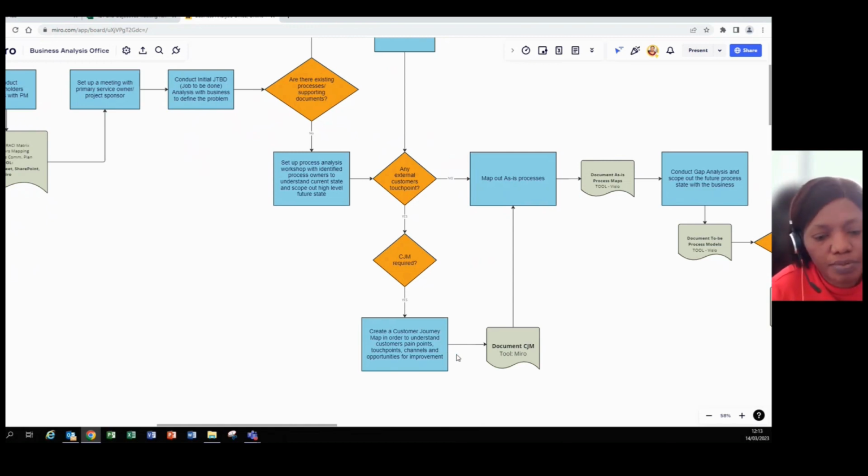And what does that do? It helps you to identify the customer's pain points. It helps you to identify the touch point. At what point does a customer meet us, the business? When they are trying to get on our website, for instance, when they are trying to complete an application form, that is a touch point with us, right? Anytime they have a touch point with us, identify that, what channel they're using, identify that,